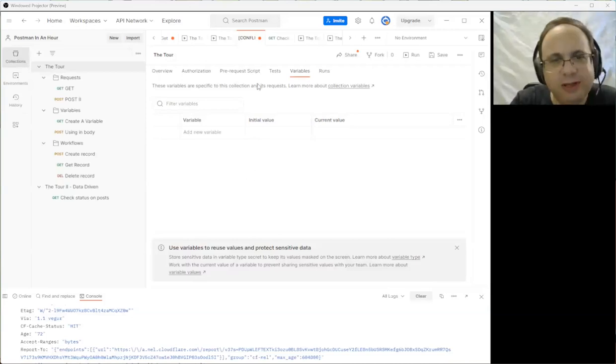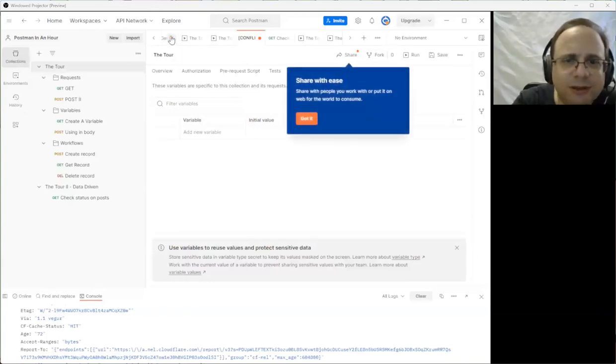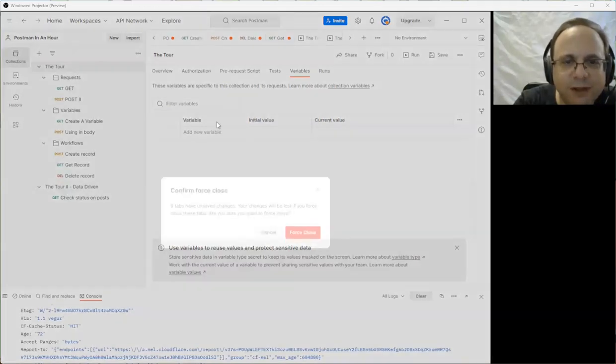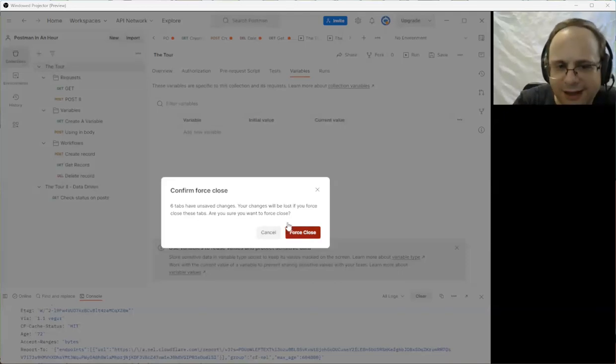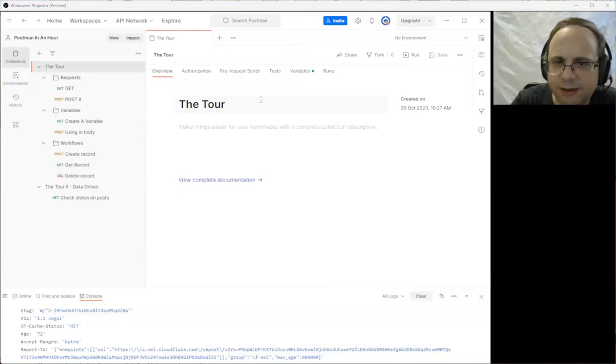Now you see that there's something called conflict here. This is the collection, but there's a conflict because there's another tab, which I don't know where it is. I don't want to share it. If I try to close everything, force close everything, yes, I do want to force close. It will actually close everything. And the tab mechanism,